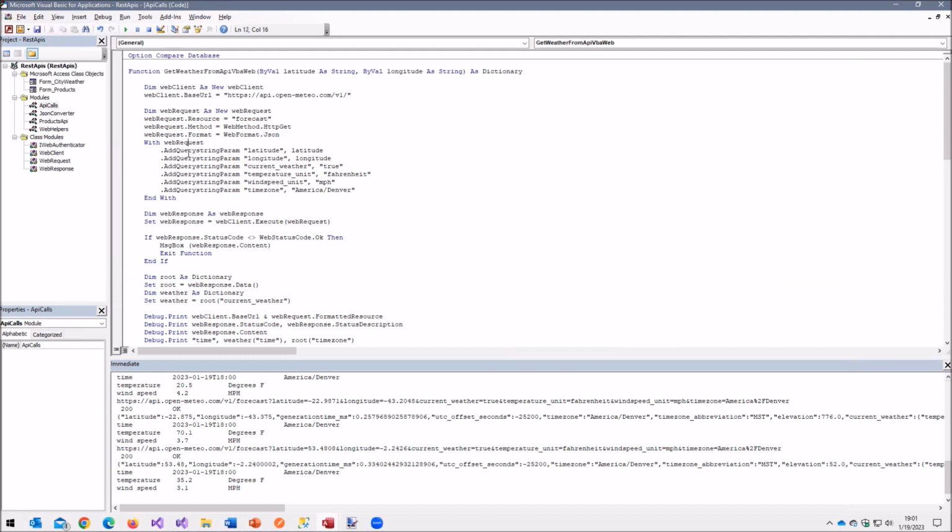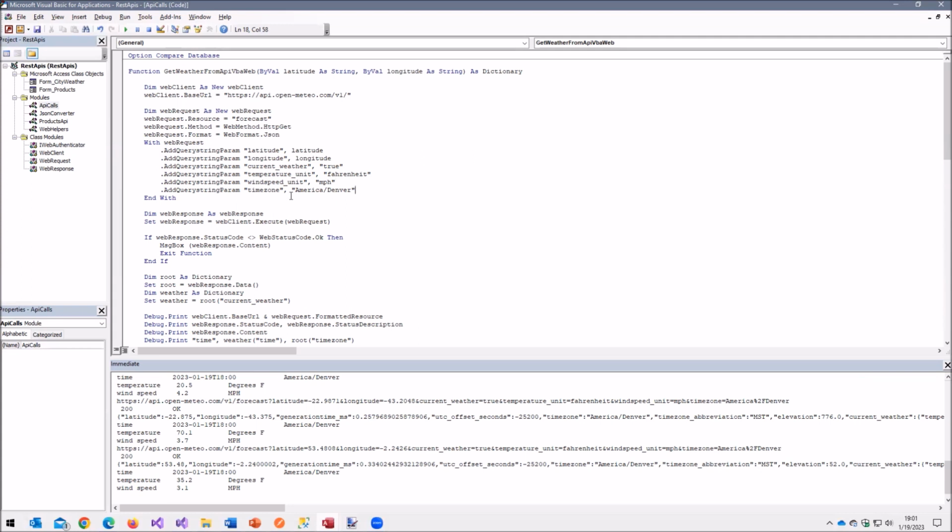And then we add a bunch of query strings, because this service needs the latitude and longitude of the city or location that you're requesting, then whether you want to show the current weather, whether you want it in Fahrenheit or Celsius, the wind speed in miles per hour, and then your time zone.